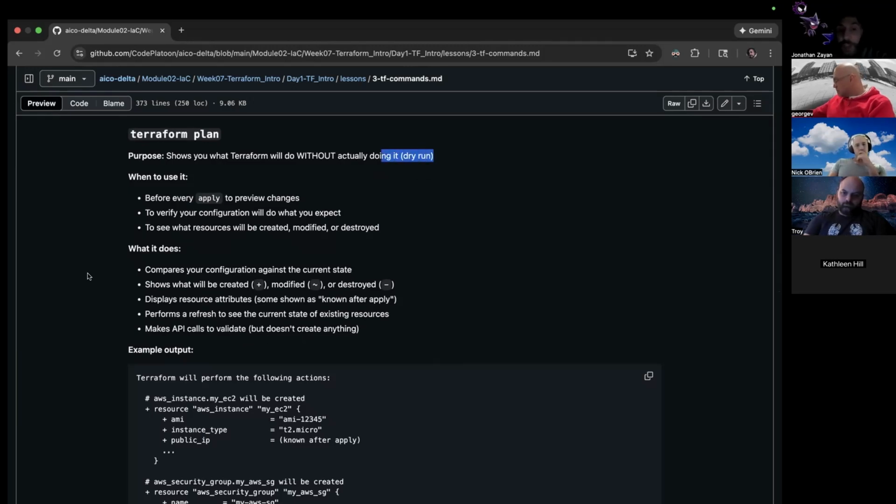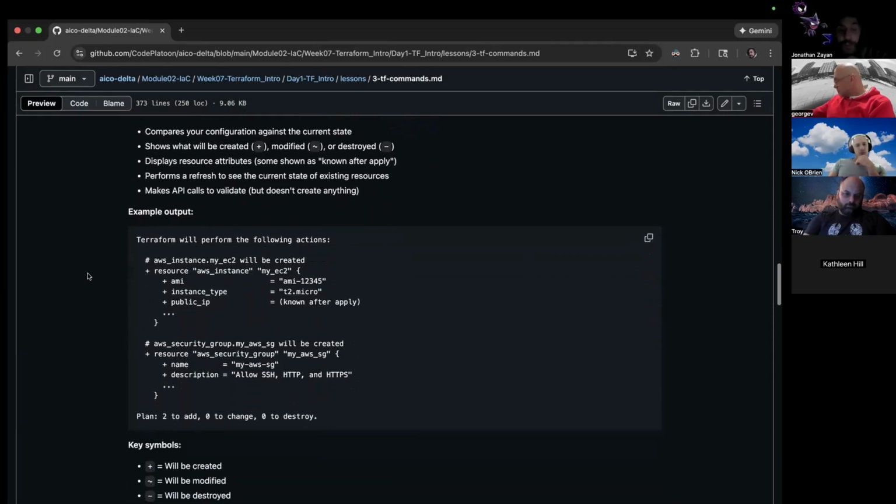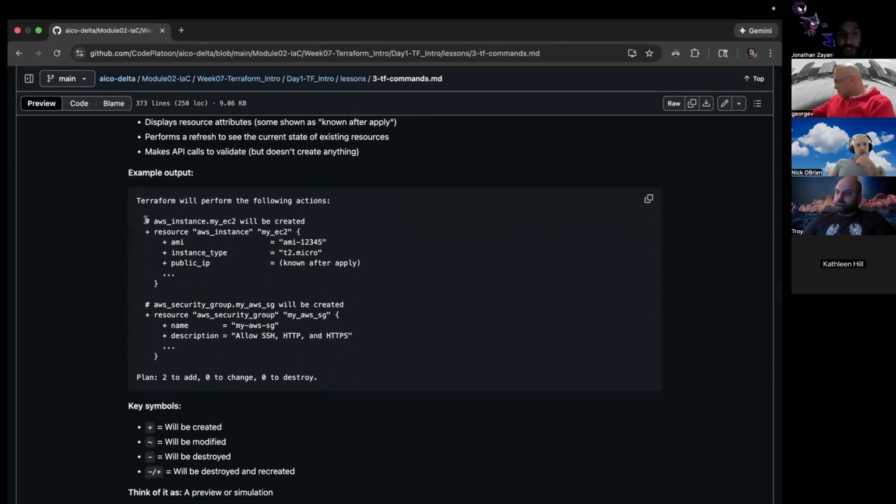So here's an example output of Terraform plan. Here you're going to see like a block, however many blocks. It's going to show you here what's being added, these pluses. So yeah, in this case, there's nothing being taken away, but you have this added, right? So 1, 2. And then if we go to this summary here, plan: 2 to add. It's referring to these. Nothing was changed and nothing was destroyed.